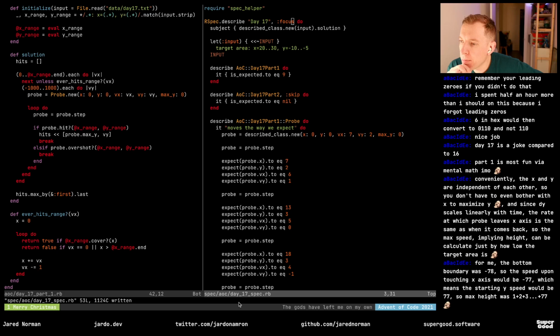For me, the bottom boundary was -78. So the speed upon touching the x-axis would be -77, which means the starting y would be 77. So the max height